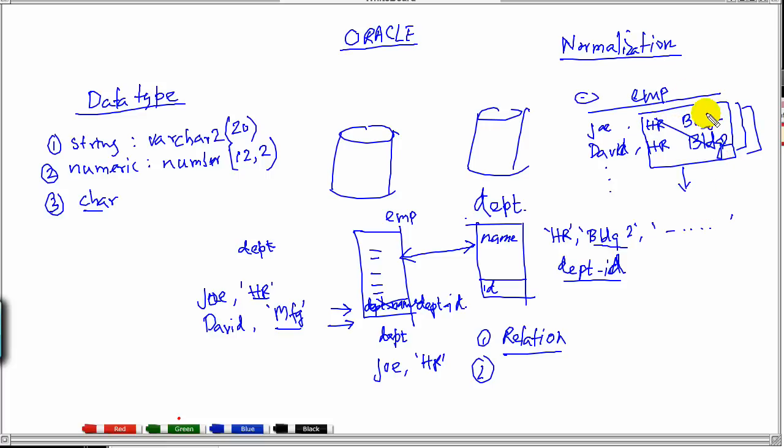So instead of that, if we just store department ID here, and store all the HR and building information in the department table, then as you see, we only have to update one place if anything changes, and it will also reduce the amount of data, the size of the